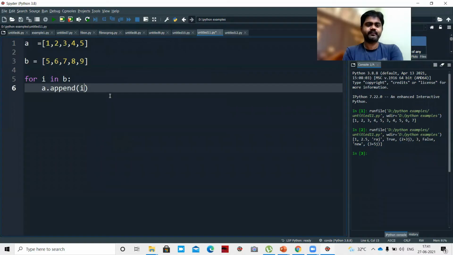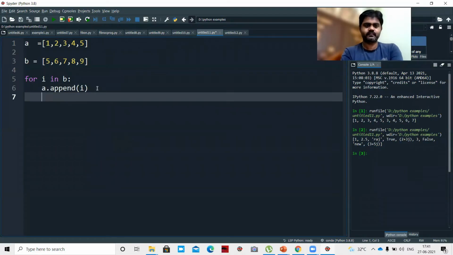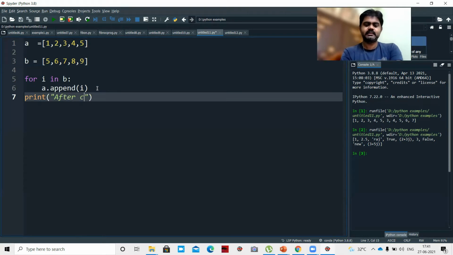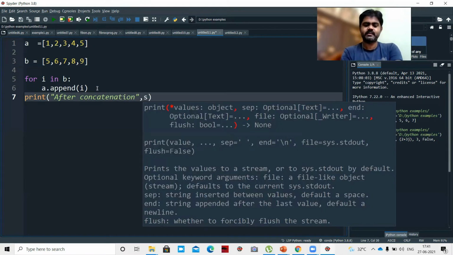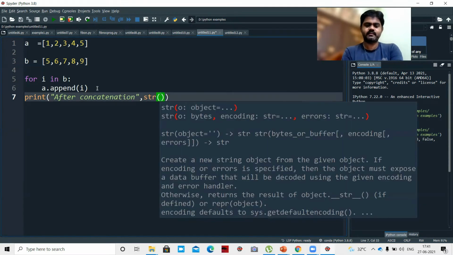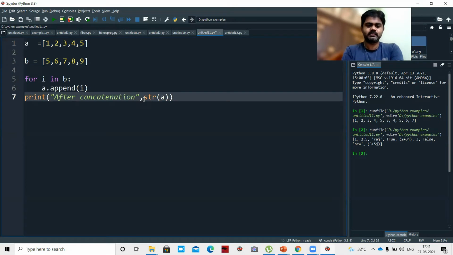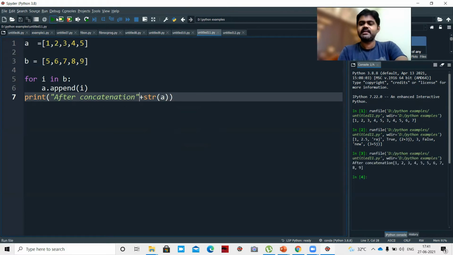We are printing, after concatenation, comma str of a.